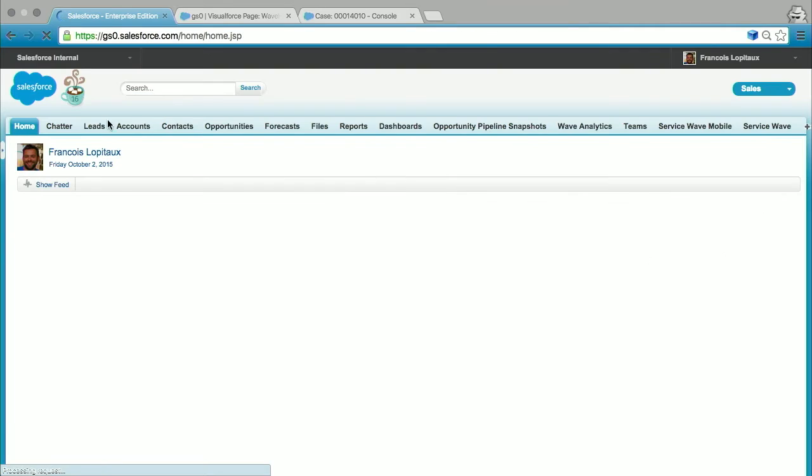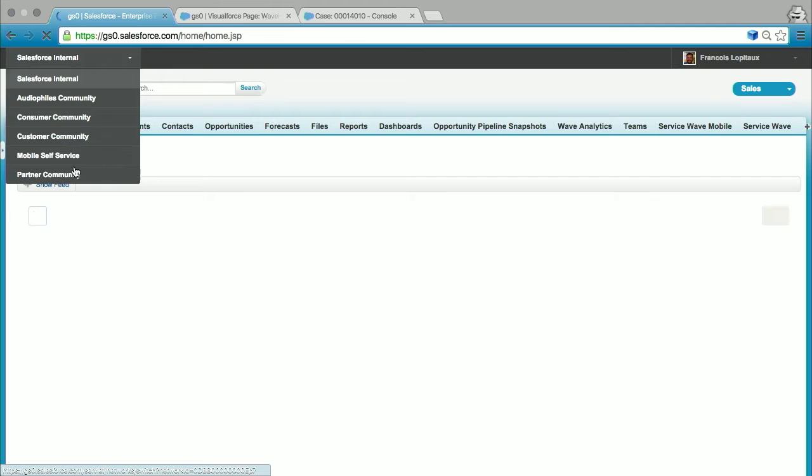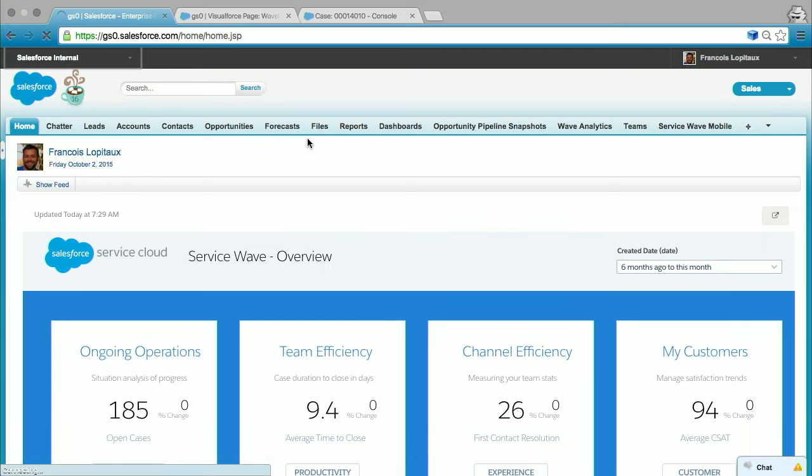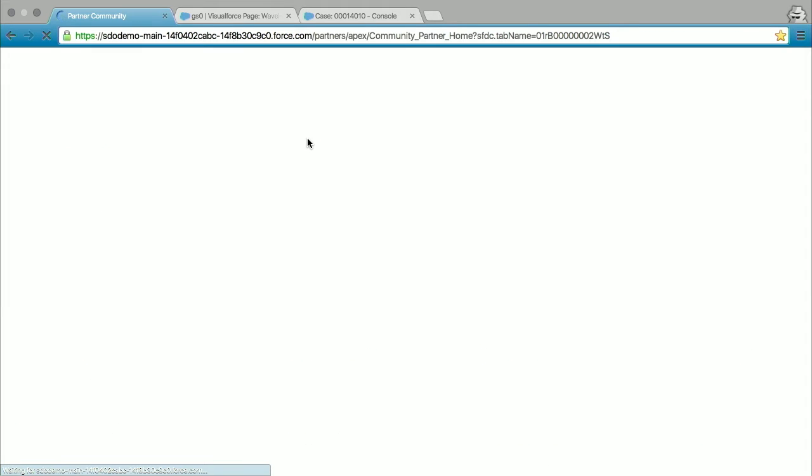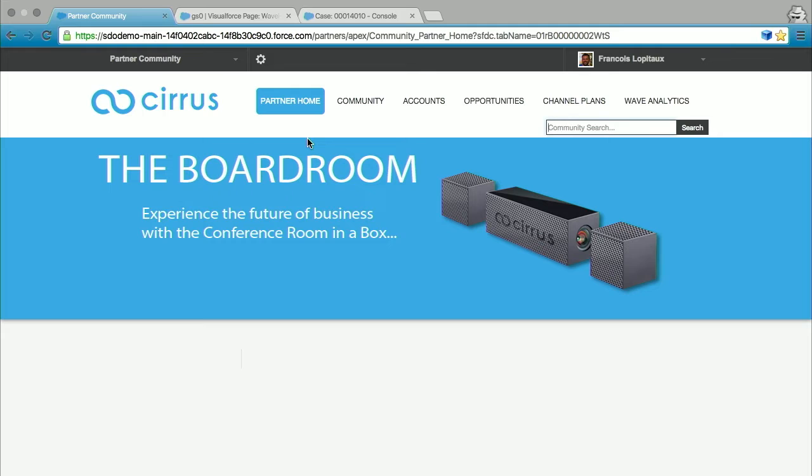So it's really coming from the field and really people asking for it. And again, I'm just going to show you a quick demo of that. So I'm going to go back to Salesforce Classic, and I'm going to switch to my partner community here. And so in my partner community, now I can see, of course, the usual tab,